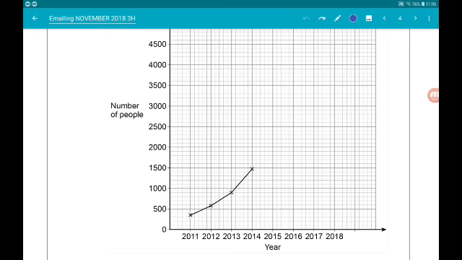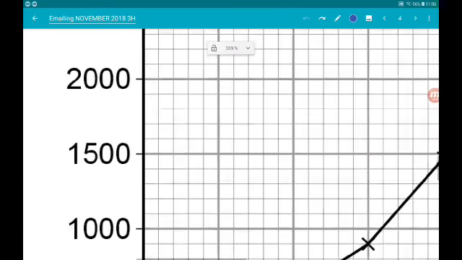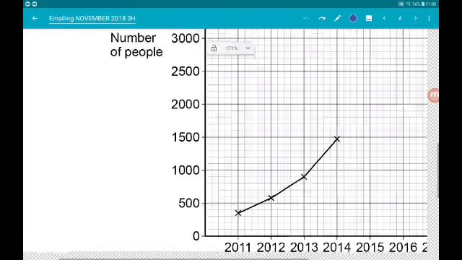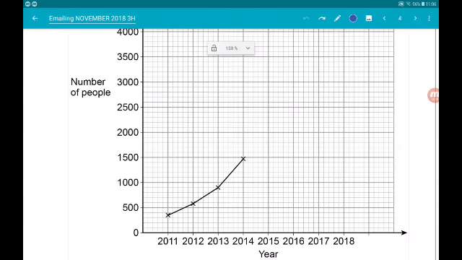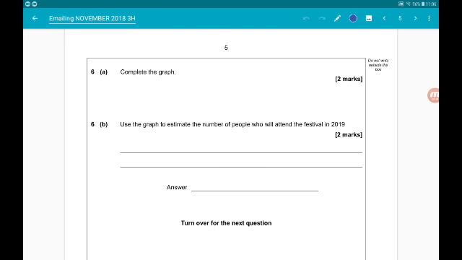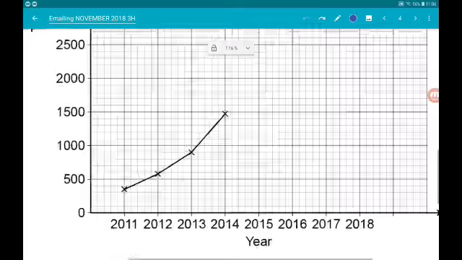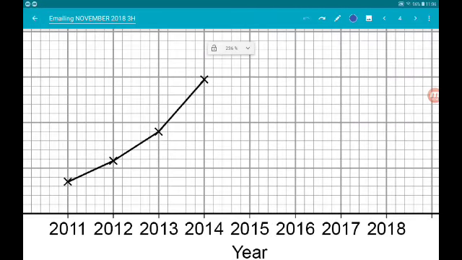So we've got year along the bottom, number of people up the side. So just make sure we're happy with the scale. Every one little square represents 100 people. So part A wants us to complete the graph. Okay, so first here we need to do is